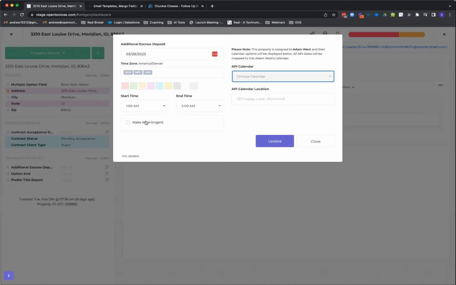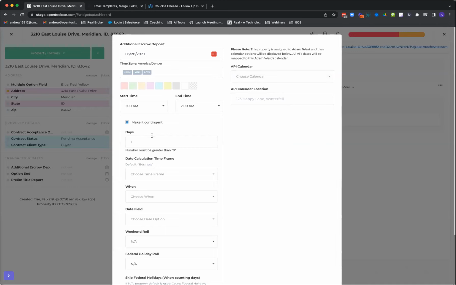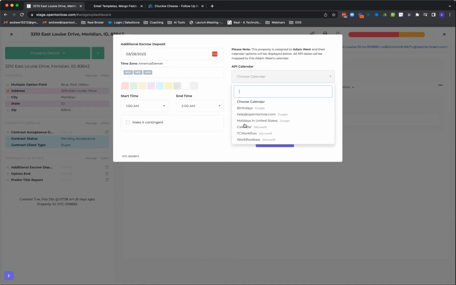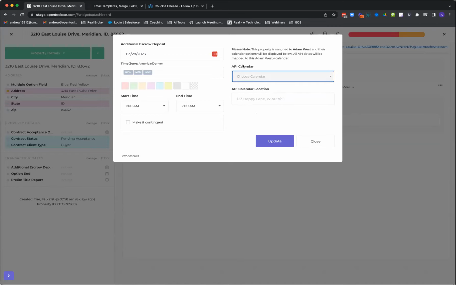Yeah, definitely. And you can also always make this contingent later, like this box is here for a reason. If you want to make this one day after something, you can always choose to do it after the fact as well. And then you put your API calendars in here. So if you have a calendar for buyer critical dates, seller critical dates, all these different things that you may have calendars for that are sub calendars of your main calendar, you can also choose to select those as well, as long as it's under this API connection